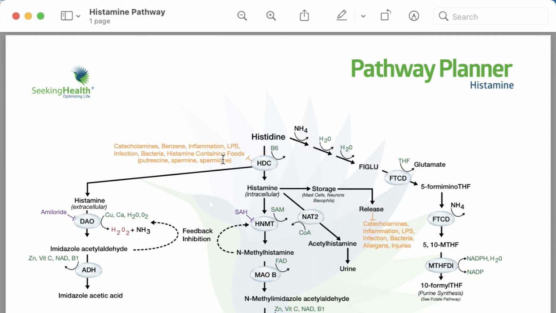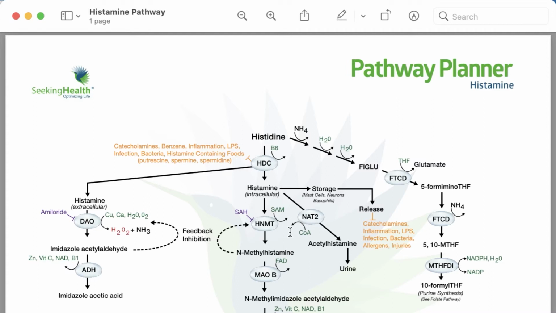So these are the foods that contain histamine. They develop histamine or bacteria as part of their maturation process, and these foods are things like fermented foods and aged cheeses and cured meats. So these are a lot of the things that are going to stimulate this HDC enzyme to create more histamine. Okay, so if we look at this pathway further, there are a lot of enzymes here, I understand that,